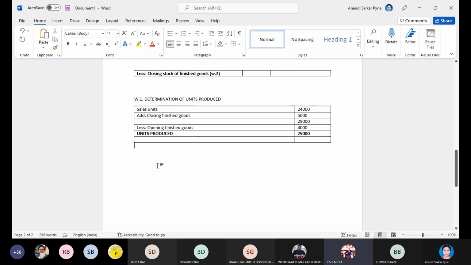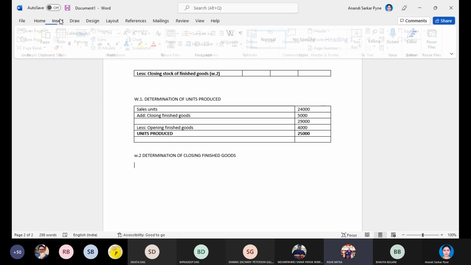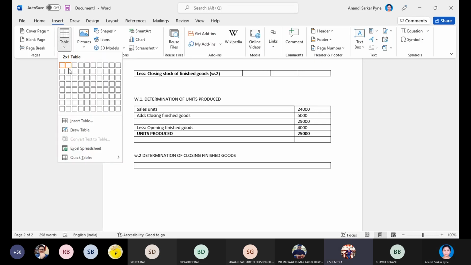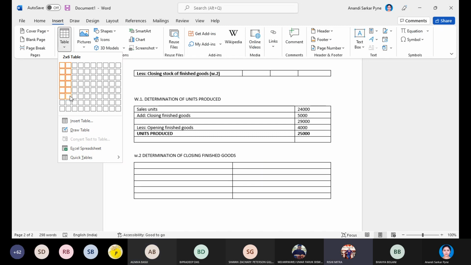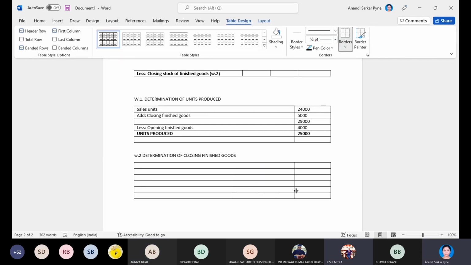So, working note: determination of closing finished goods. From that, the selling and distribution overhead will come. Absolutely, it will come. It will count for finding out the cost of sales. Right. So in the closing finished goods,